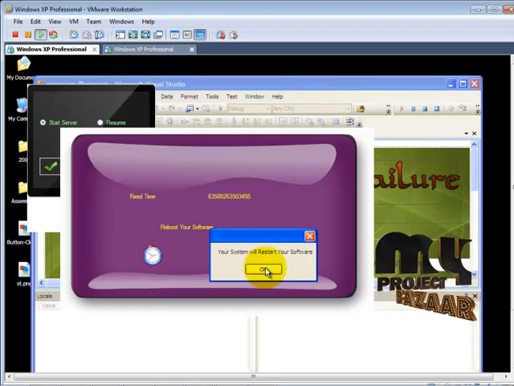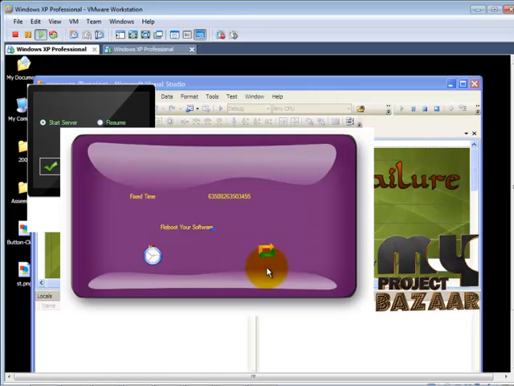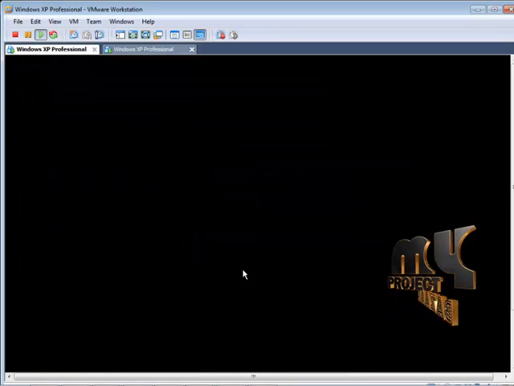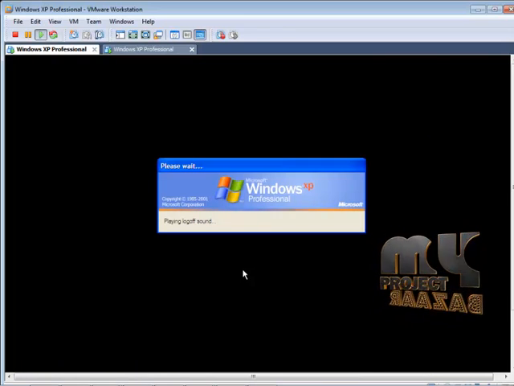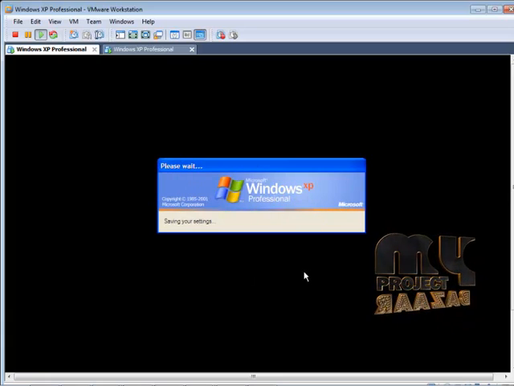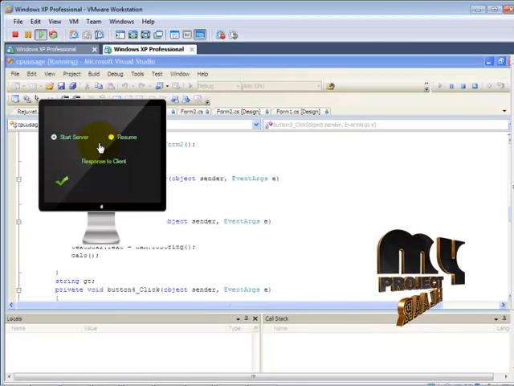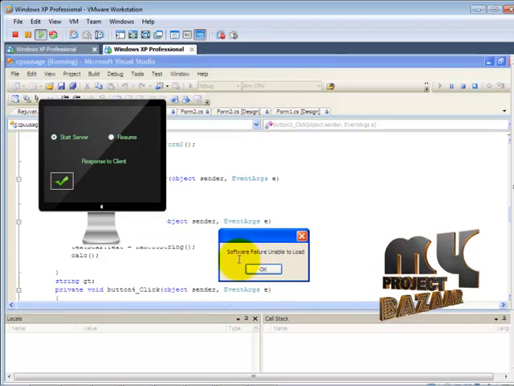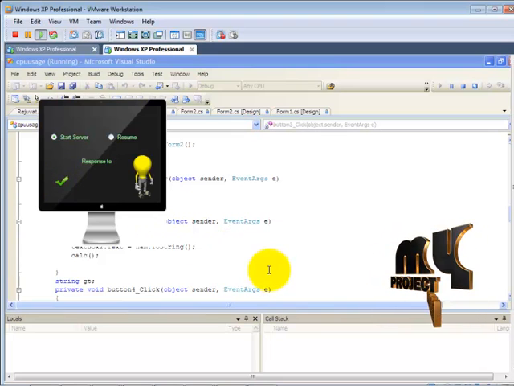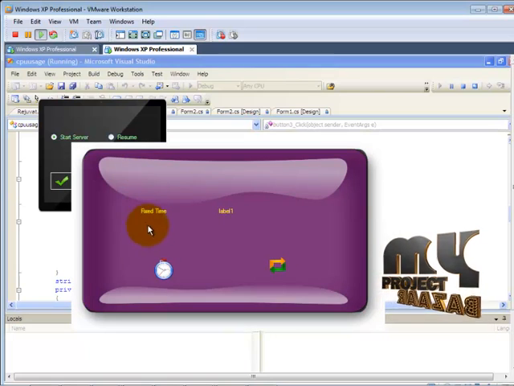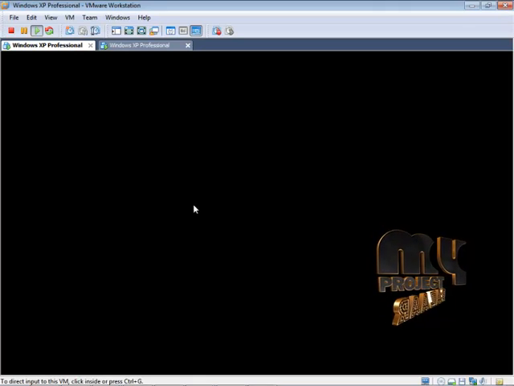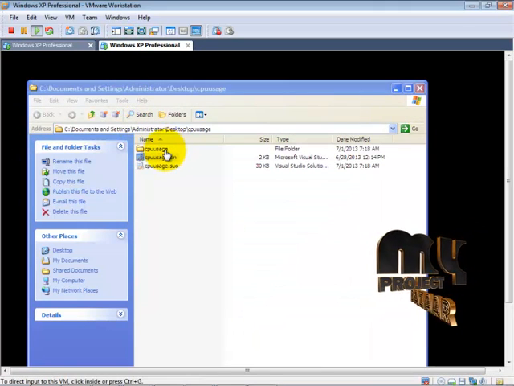Here I got information that your system will restart your software. So my process will be restarted here. My whole application has been saved and the process has been closed, and my process is going to reload here. When I click on this VM2 application, the same process happens here. When I click on this check button, I am checking the process, and I get the same information, that a software failure has occurred. So I am going to fix my timer and reboot my software. Here the whole process has been reloaded.